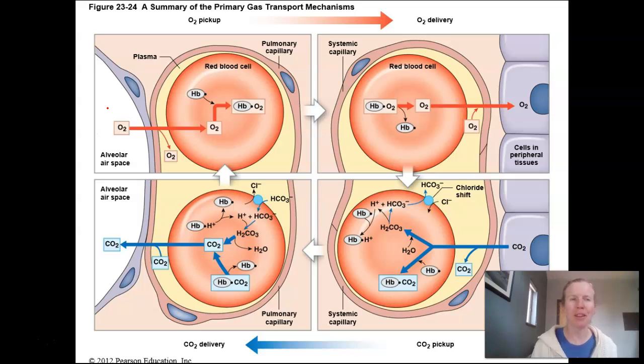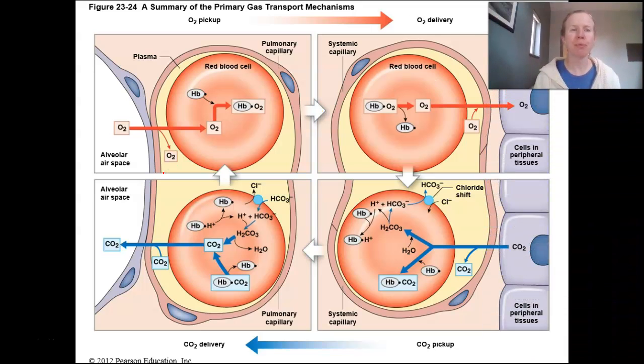Okay, well, let's just look at this. So this is where we just were. So here's oxygen from the alveoli, and it's moving into the bloodstream. Now notice, and I didn't talk about this, as oxygen is being carried,